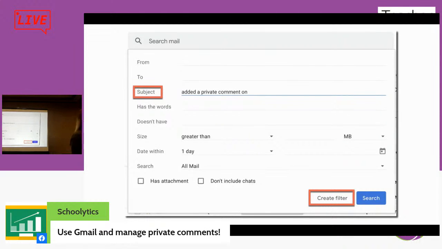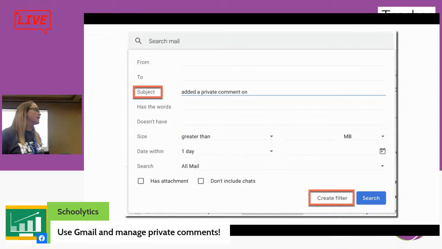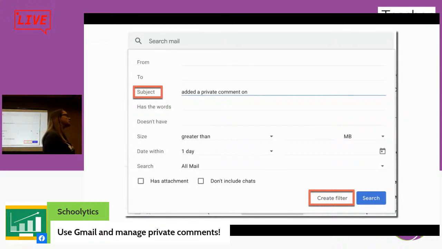So from Gmail, you don't have Gmail. The best I can do is make fun of you. That's all. That's it. I'm sorry. I apologize. I wish I could fix that. If you are a Google school, I highly recommend that you have Gmail enabled, and that's all I can say.